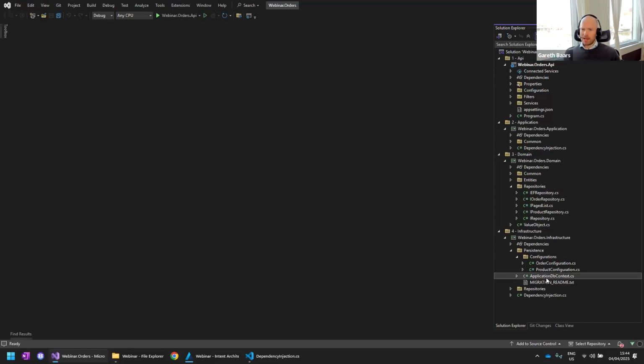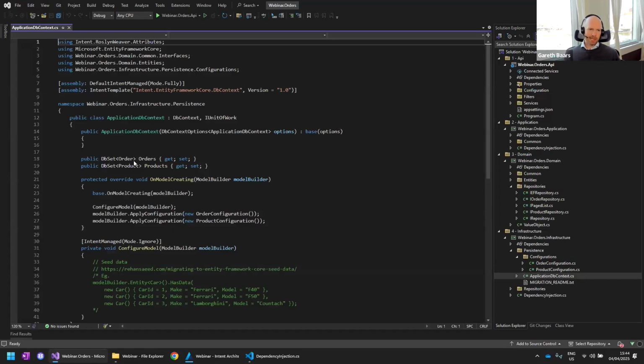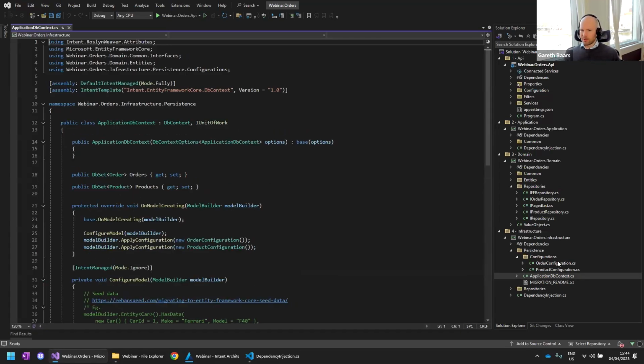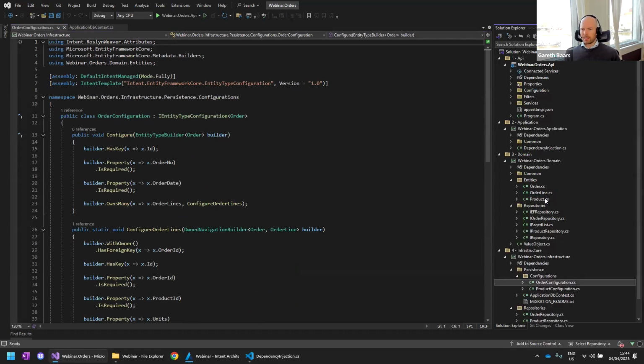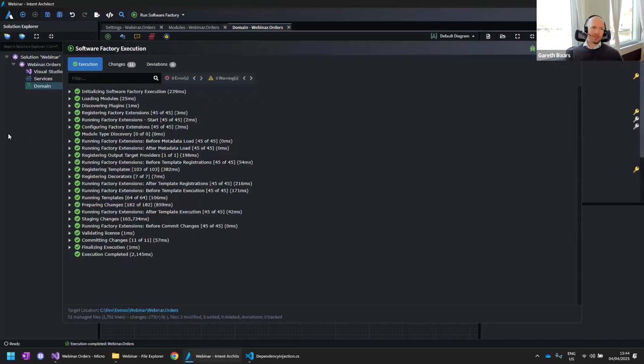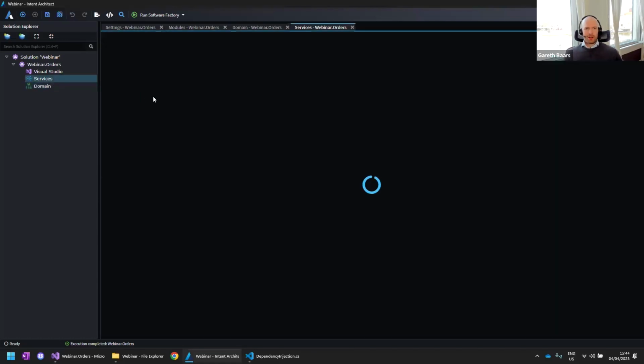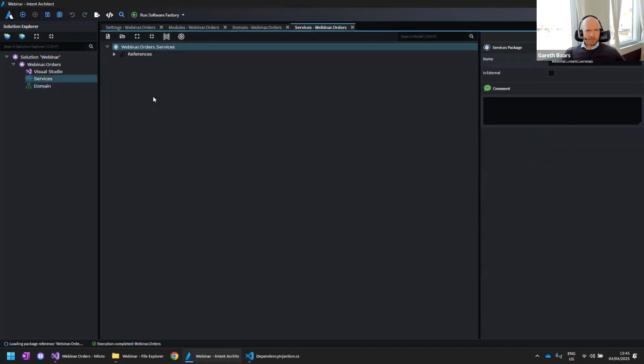And here you can see that our DB context is exactly as we saw it a minute ago. You'll notice everything is compiling, everything is happy. Here's our order configuration that we saw just a minute ago. There are our interfaces, here's our repository concrete, our entities, all of that stuff in the appropriate place within our application. And so you could say at this stage, persistence is pretty much ready to go. So we can now set up some services to act on this persistence and actually use it. All right, so let's jump into the services designer.